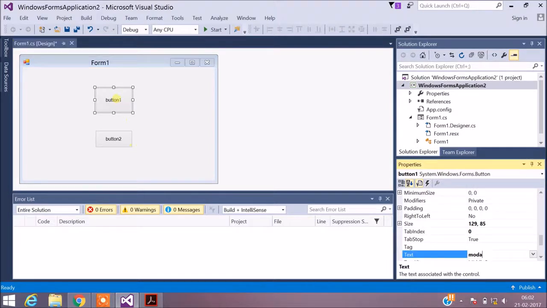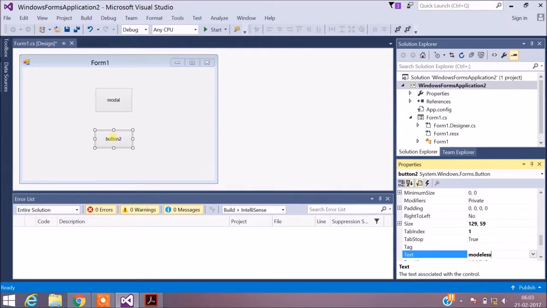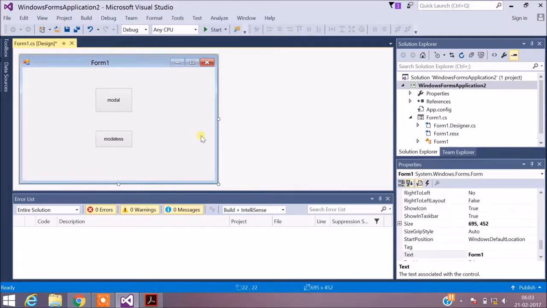The first one would be modal and the second button would be modeless. I'll explain the flow of how this is going to work. In the first form, I have two buttons, modal and modeless. Once I choose modal, I will be directed to a second form. In case of modal, as I said earlier, without closing the child form, I will not be able to access the parent form.